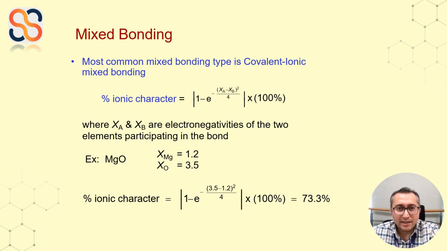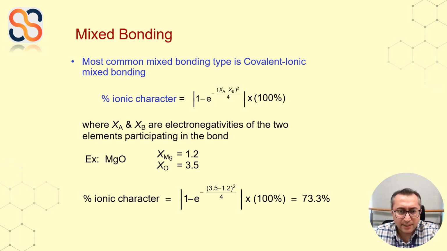Next, let's dive into mixed bonding, which is quite interesting because it combines characteristics of both ionic and covalent bonding. The most common type of mixed bonding we face is covalent ionic mixed bonding. Now, you might wonder how we can quantify the degree of ionic character in a bond. We use a formula that involves the electronegativities of the two elements involved in the bond. The formula is